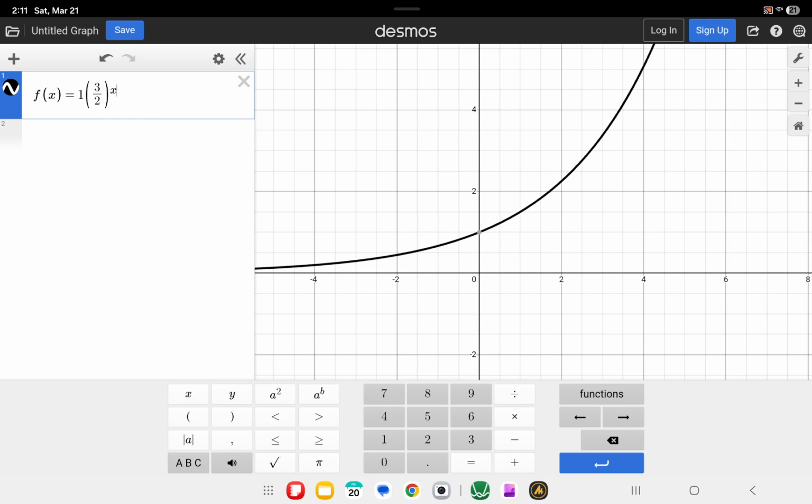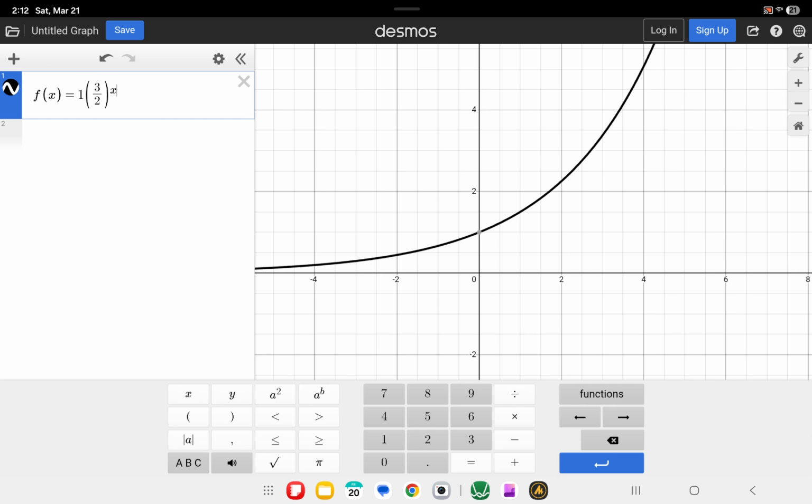Well, 3/2 is a fraction. It is an improper fraction. It's not a mixed fraction. It just is that my numerator is greater than my denominator, but 3/2 is definitely greater than 1. It's 1 1/2. So it's got to be a proper fraction greater than 0,